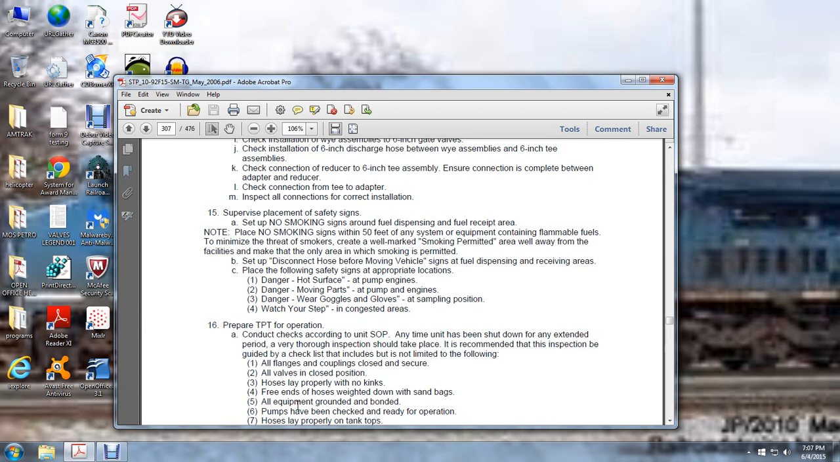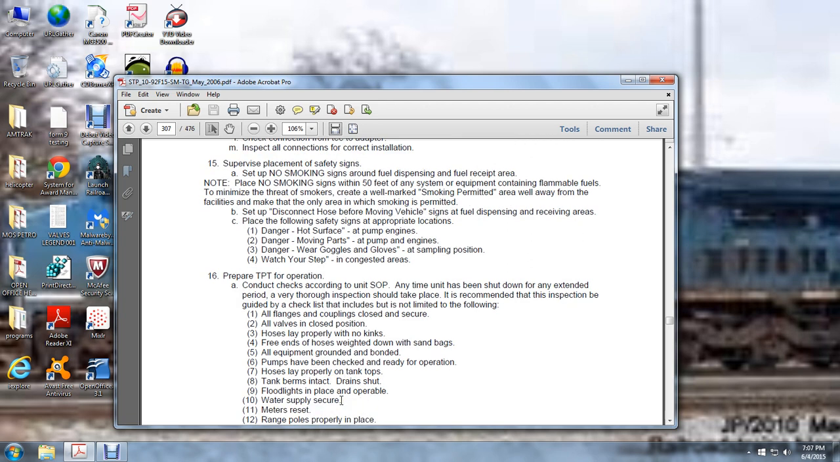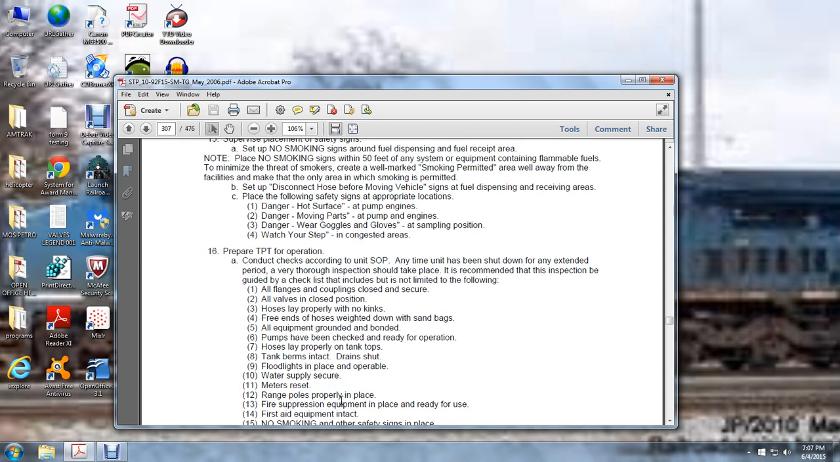Hose lay properly, no kinks, free end of the hose weighted down with sandbags. All equipment grounded and bonded. Pumps have been checked and ready for operation. Hose lay properly on tank tops. Tank berms intact, drain shut, floodlights in place and operable, water supply secure, meters reset, range pools properly in place,